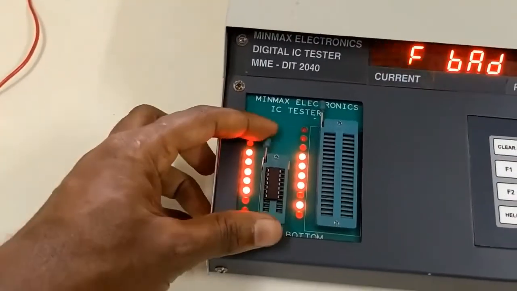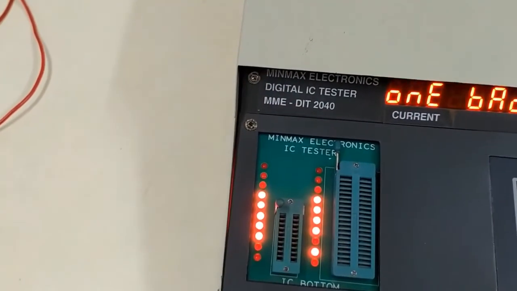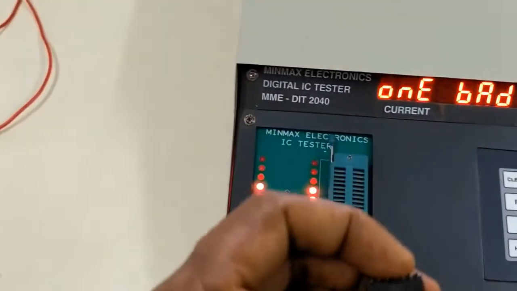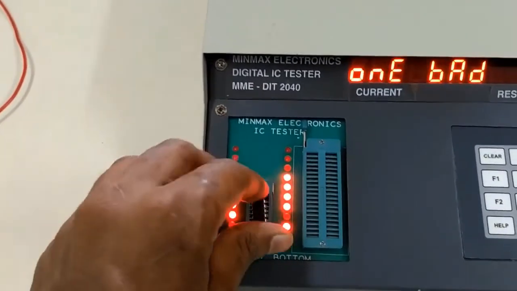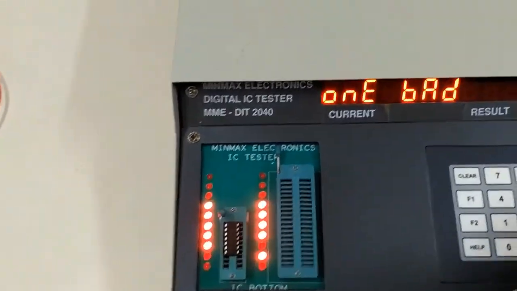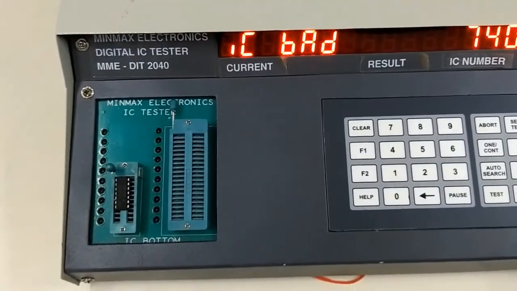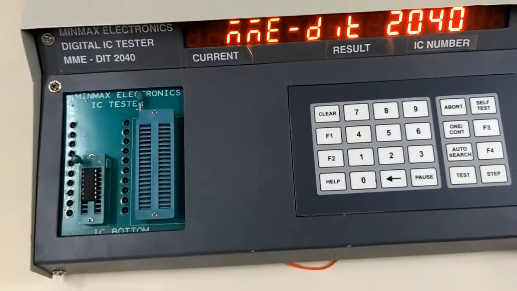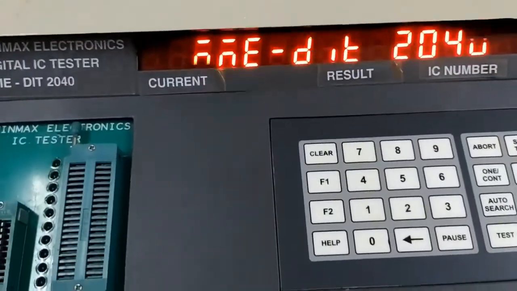In fact, you can check with the 7432 IC also. So this is your 7432 IC. Before placing the IC here, I'll abort the entire process. I'll clear the things. It's cleared now.